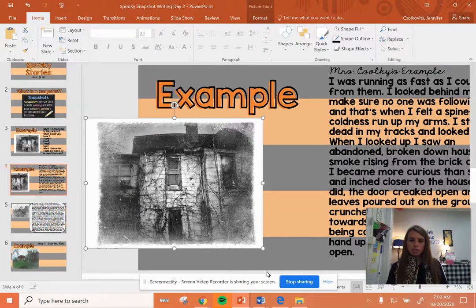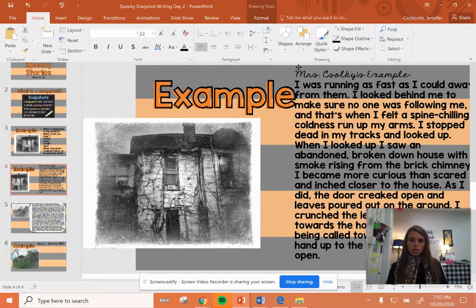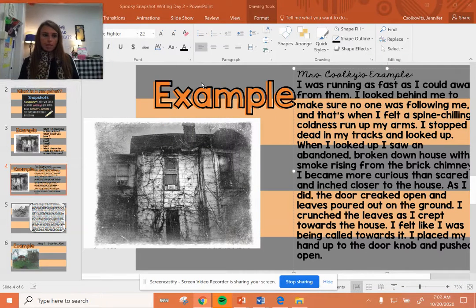I'll just move things around. Aha, I can move me. Perfect. Okay, so